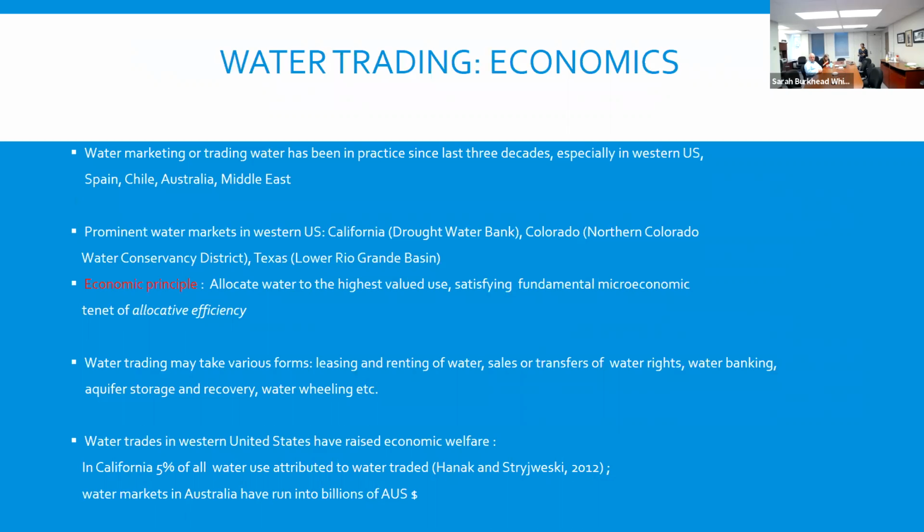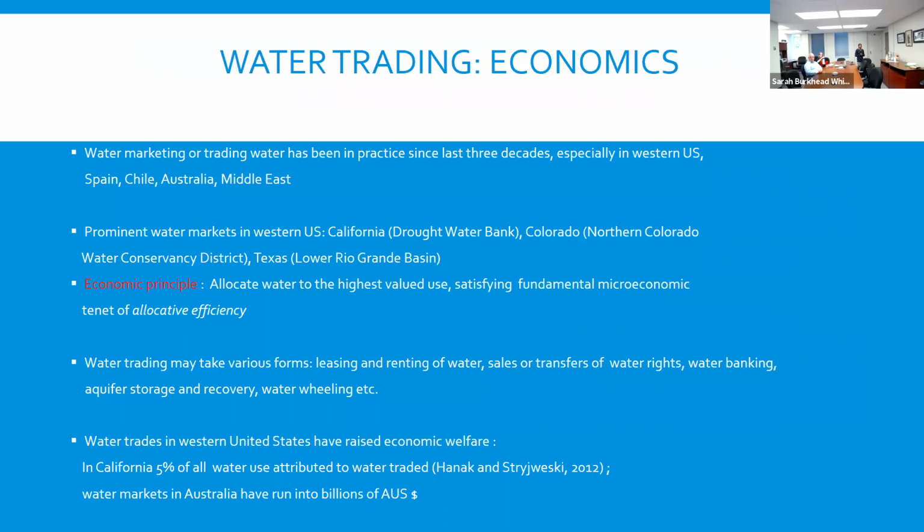And when you say economic welfare, obviously we have to attribute some dollar value to it. In California, for example, one of our biggest states and also one of the most arid states of the Western United States, almost 5% of the water is traded water, going through water markets. Again, I will elaborate on the direction of trade. It can be from farmers to municipalities, municipalities to environmental agencies, and so on.